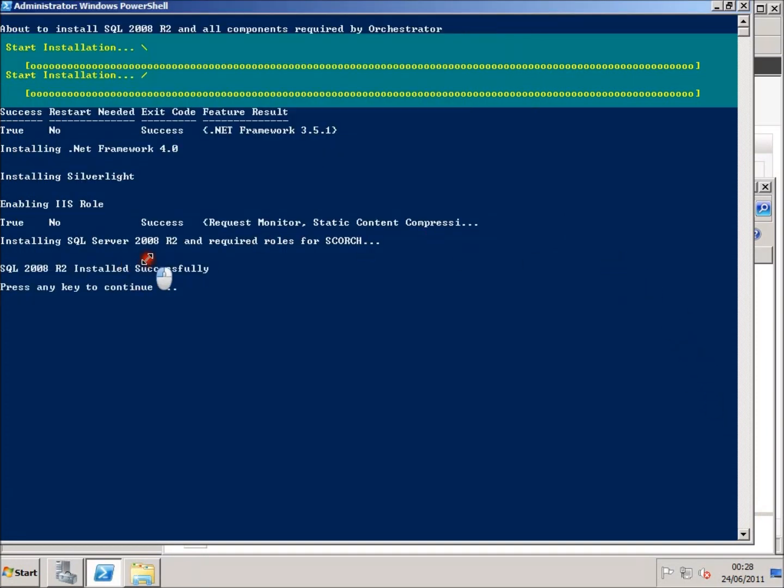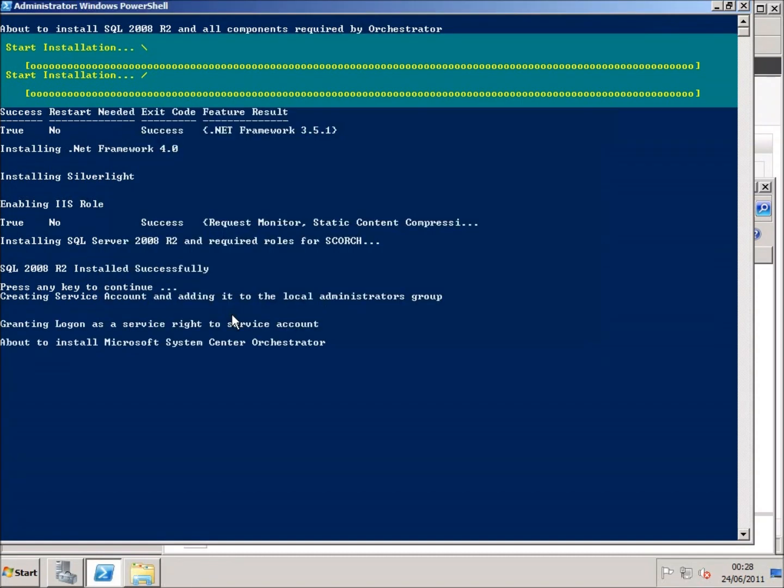And it's installed. Obviously the only reason I put a pause in this bit is to actually be able to stop and start the video recording. In the script that I provided for download. That's not there. While that's quickly installing,